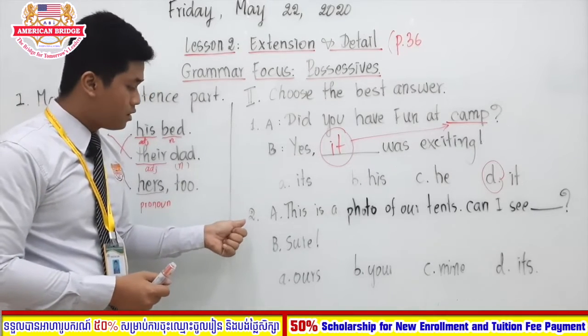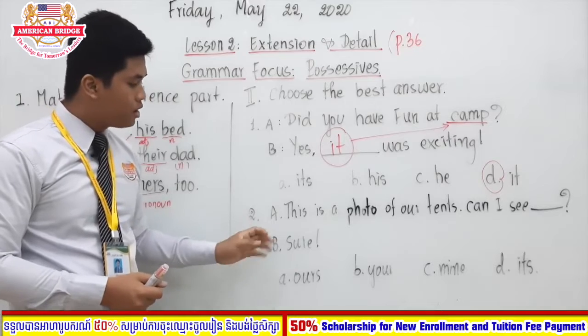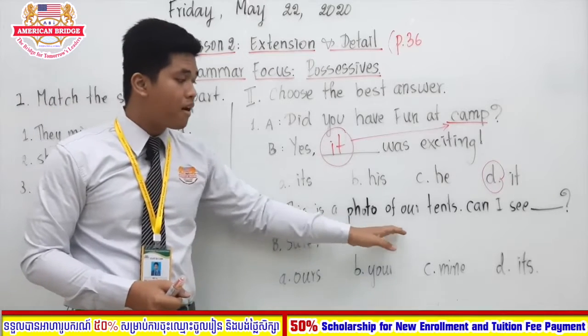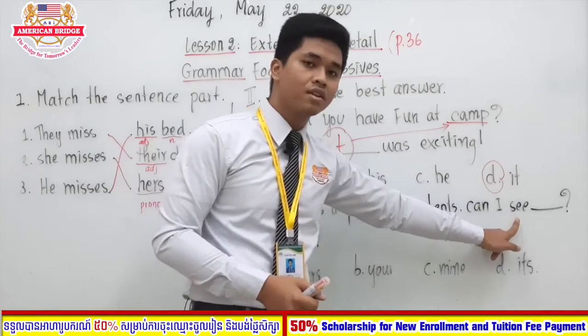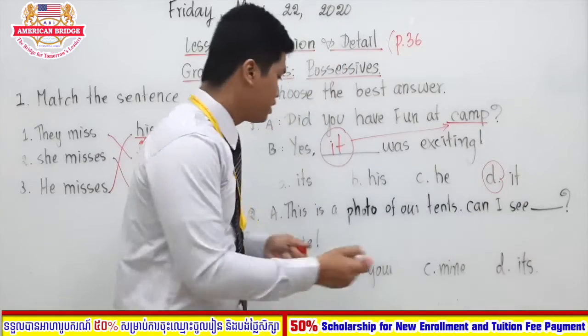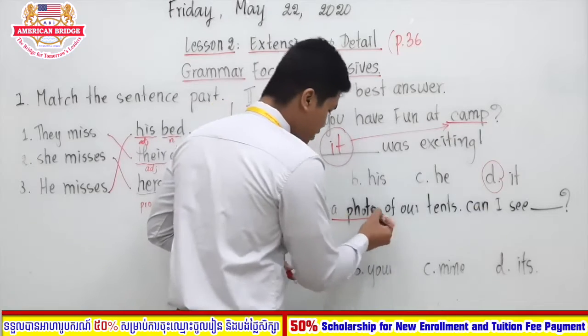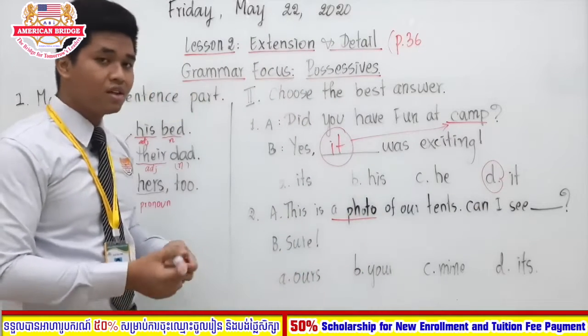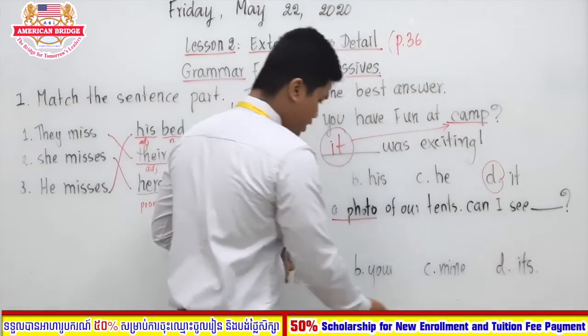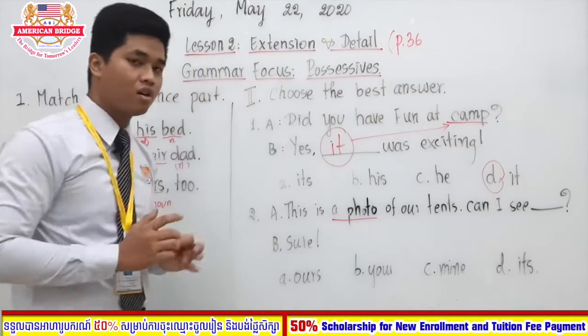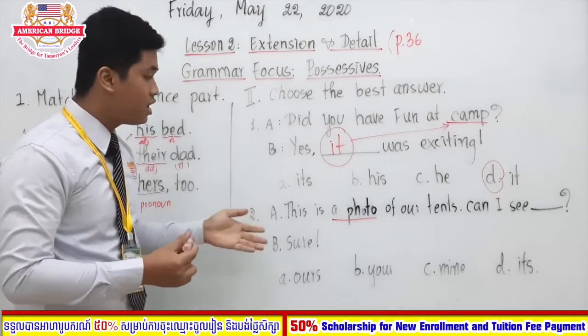Now number 2. This is a photo of our tents. Can I see? See what? See a photo. We want to see a photo. So a photo is the stuff. You might say, oh, it. We can use it, but here it is wrong. We cannot use it, but